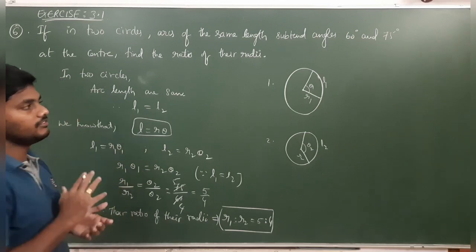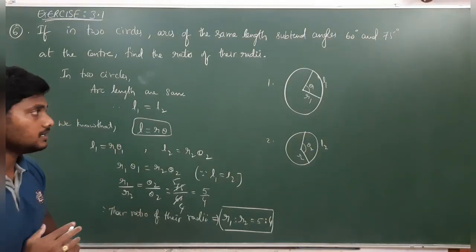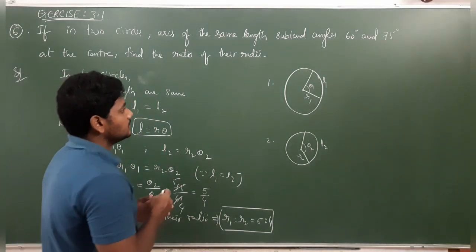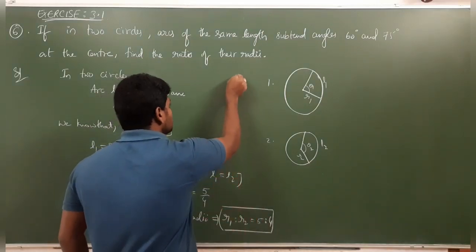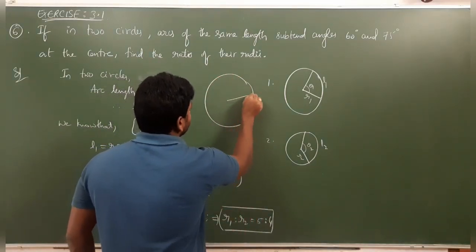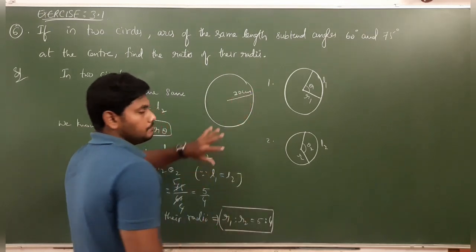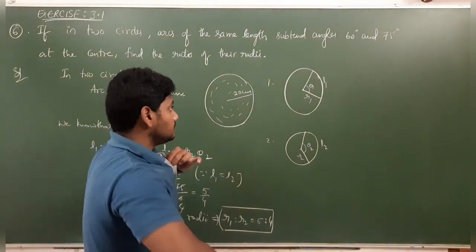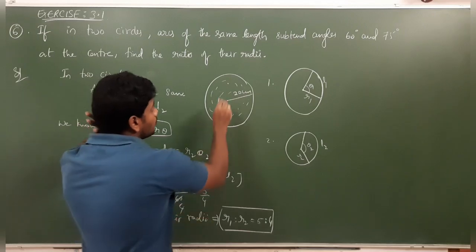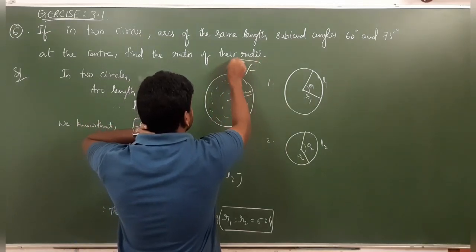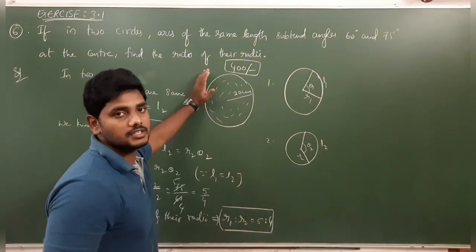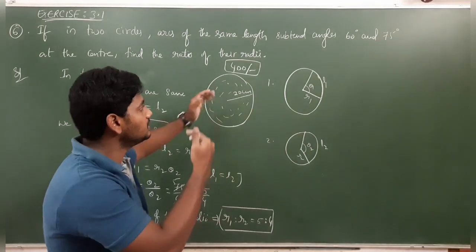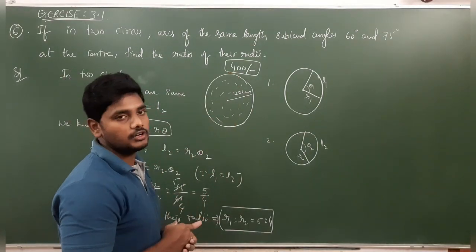Now, through this question, I will give a question you need to answer after listening and writing the notes of this class. See, a general question I am asking. For example, if a pizza is there of radius 20 centimeters, guys, you consider this as a pizza of 20 centimeters, right? For example, this 20 centimeters pizza costs, for example, 400 rupees. For example, you went to Domino's and you asked, I need a pizza with 20 centimeters. Actually, in that list, the price is 400 rupees.